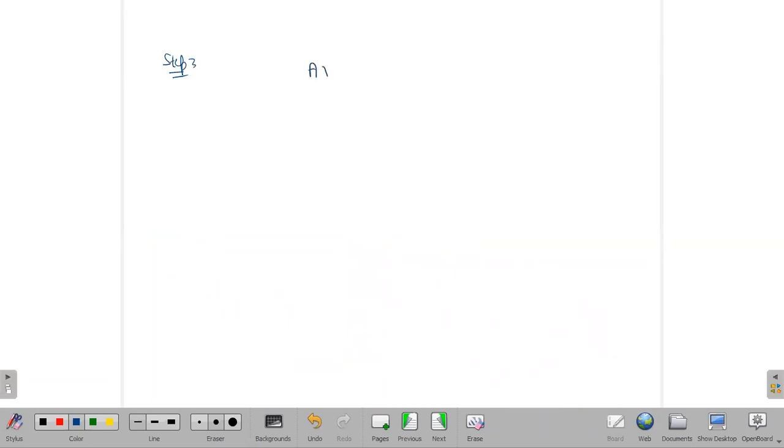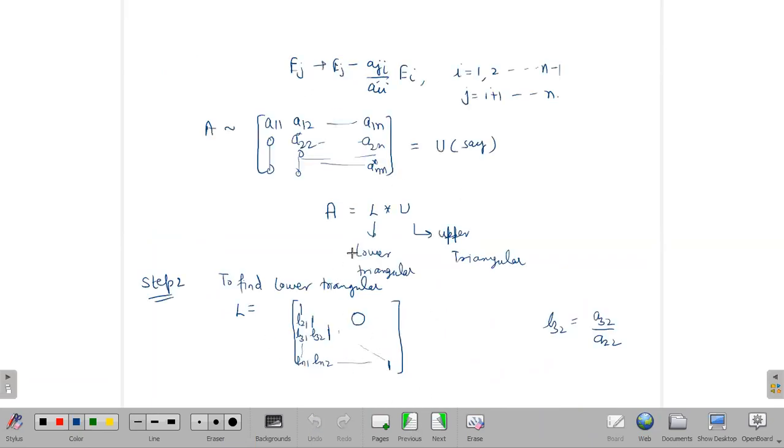you again write the system of linear equations, Ax equals B. Here you have reduced the matrix A into L and U, and you can verify this also. If you multiply these two matrices, L into U, you will get A again. So these are a special type of matrix. Don't write U into L; that will not give you A. You just write L first, then U.